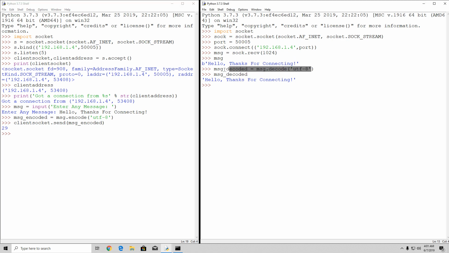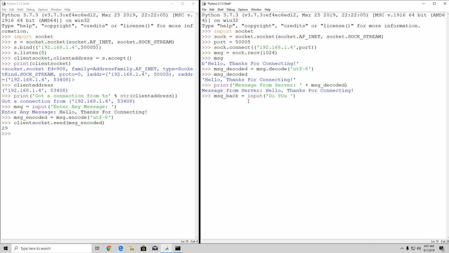As we can see right here, same goes if you want to perform the reverse action by the client sending the message, as we will see in just a second, and the server receiving the message. You need to perform the same action. So right here, once you actually receive the message, you can simply type print "message from server", and we will simply concat message_decoded, press enter, and you will see message from server, hello, thanks for connecting. Then we can simply type message_back will be equal to, let's say, input,